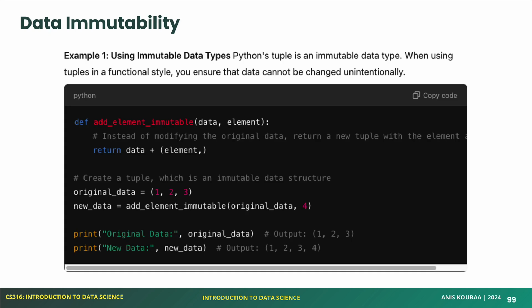Can we do a recursion function with mutable or non-mutable data? Yes. So yes, it doesn't matter. Yes. So the data immutability,